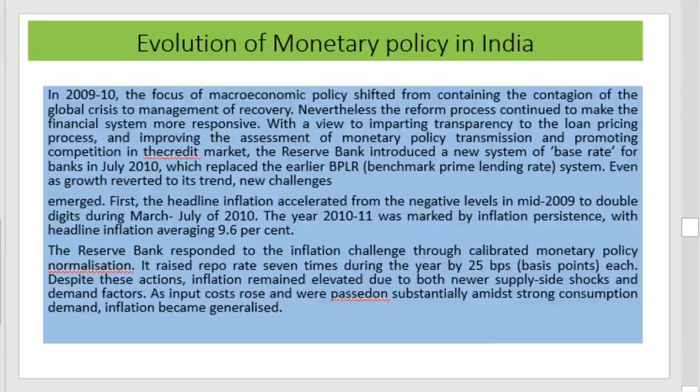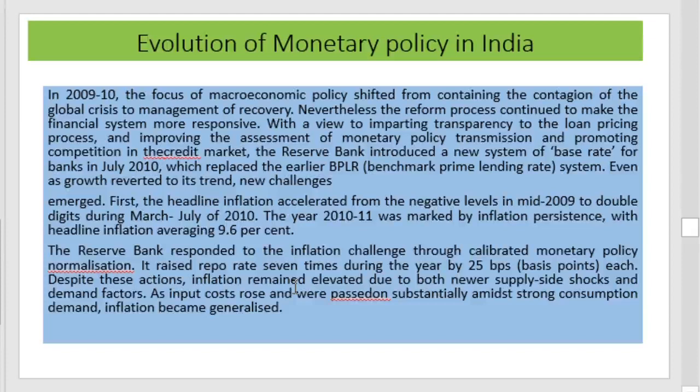crisis of 2008. In 2009-10, the focus of macro policy shifted from containing contagion of the global crisis to management of recovery. And with a view to imparting transparency to the loan pricing process, improving the assessment of monetary policy transmission and promoting competition in the credit market, the Reserve Bank introduced a new system of base rate for banks in July 2010, which replaced the earlier benchmark prime lending rate system, even as growth reverted to its trend